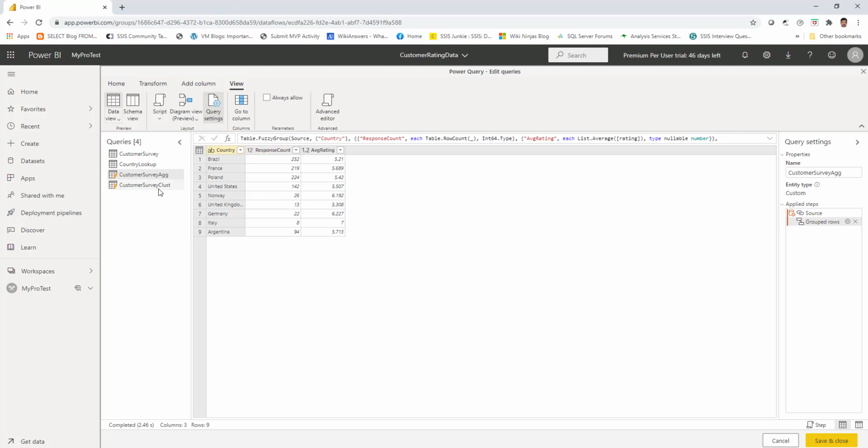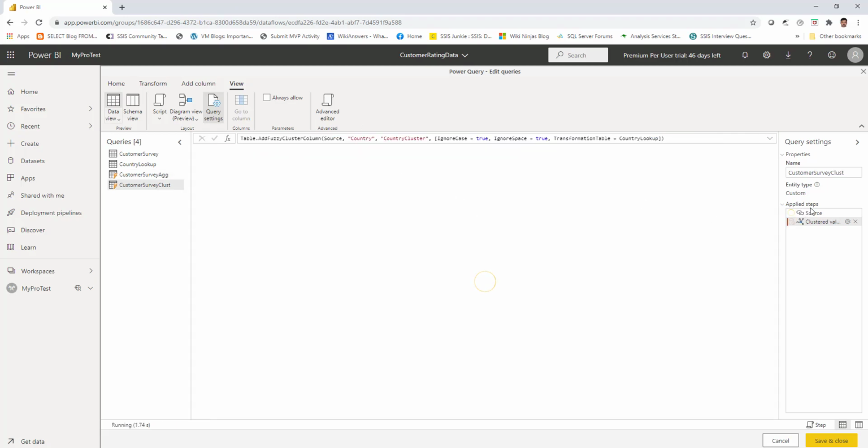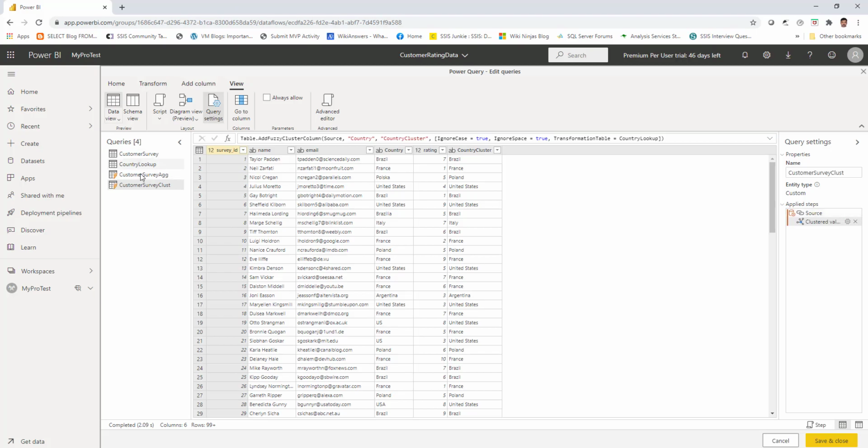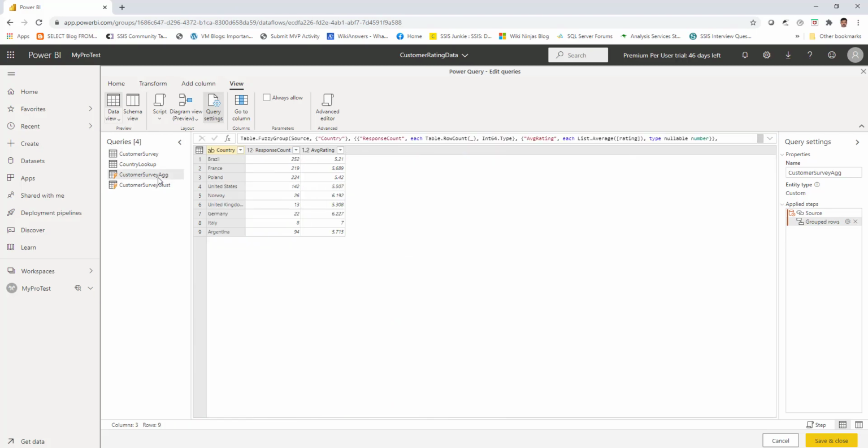So in this case, both these entities are created as a reference from the base entities. It's very difficult from here, without going into the details of each of these steps, to see which are the base entities that make up each of these entities. And to get the details of each step, you have to hover over that particular step and then click on the settings button near it. This was how we used to do it traditionally.